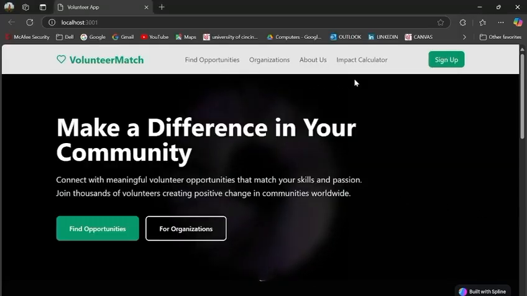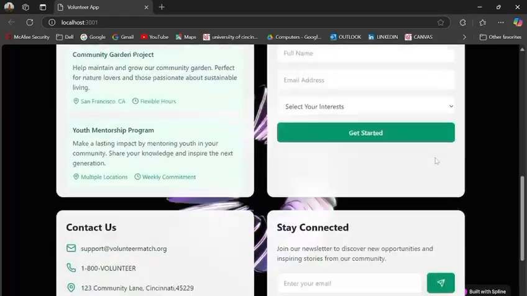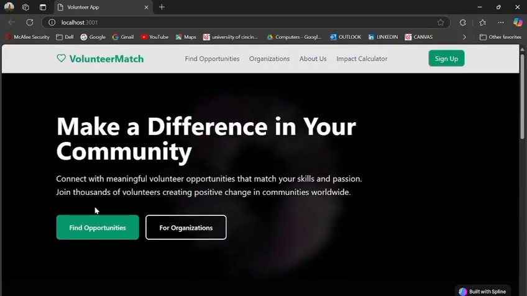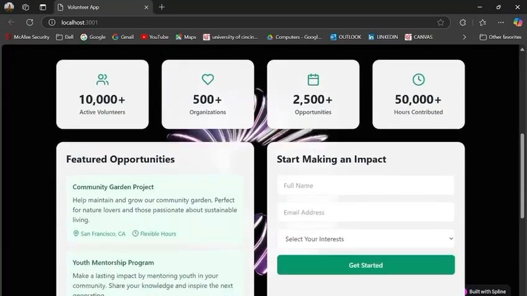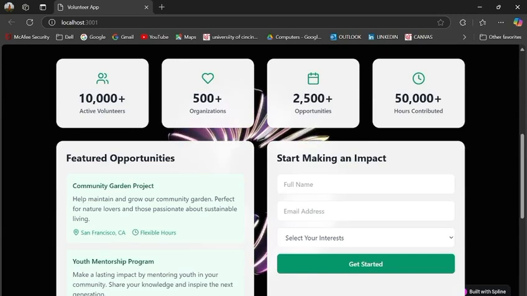So here is the application that I made, and as you can see this is a landing page. Here we can find opportunities for organizations and also the tab for finding the impact calculator. In the landing page, you can see how many active volunteers, organizations, the number of opportunities, the hours contributed, and here we can also include the featured opportunities